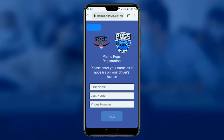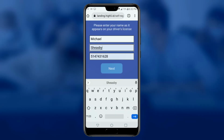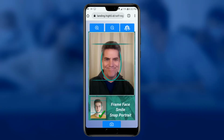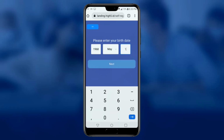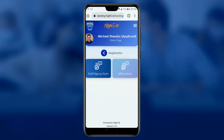So I made up the Pismo Pugs as a silly example, but the applicant here just enters his name and phone number. He takes a picture of himself using his phone. There's no application to install. He enters his birth date and chooses a password, and now he's in, and he's got access to, for example,